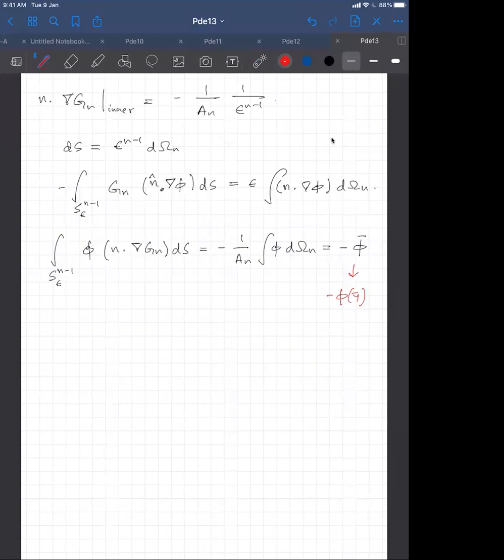So what we get is we put all of this back together. Then we get the following: phi of y is equal to the integral over omega of Gn del squared phi dV plus the integral over del omega of phi n dot del Gn